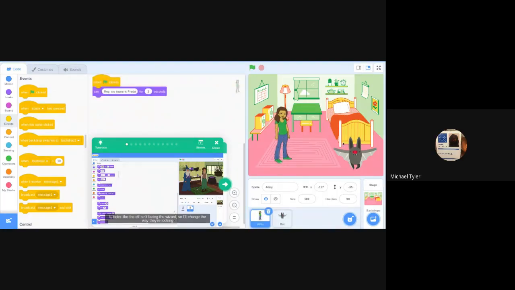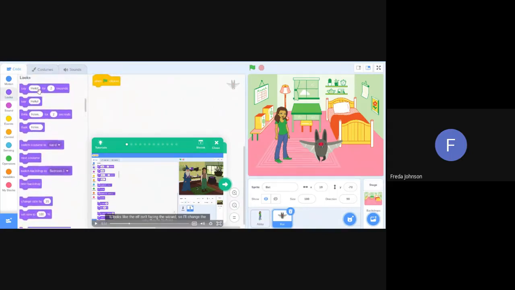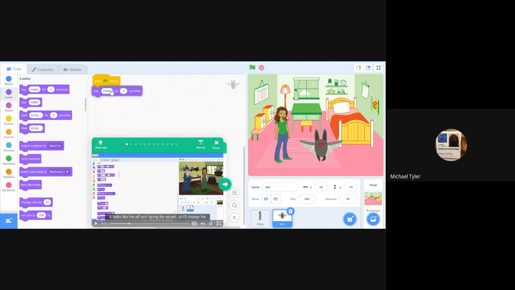So basically, that first character and the bat have to have a conversation, and it's about what you're going through since you've been at home. You showed me what the first character says. Now if you look in the corner of your workspace, you're now selected as the bat. You got to program the bat to do something. Okay, so I'm gonna do this one first. Then I'm gonna put looks. And what is it going to say to the other character? The first character, what did it say? Now you can click on Abby again, your other character down there, and you can see what you program. Yep, that's what you program.